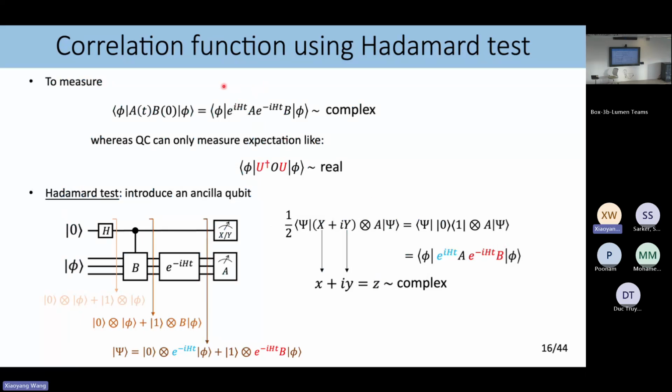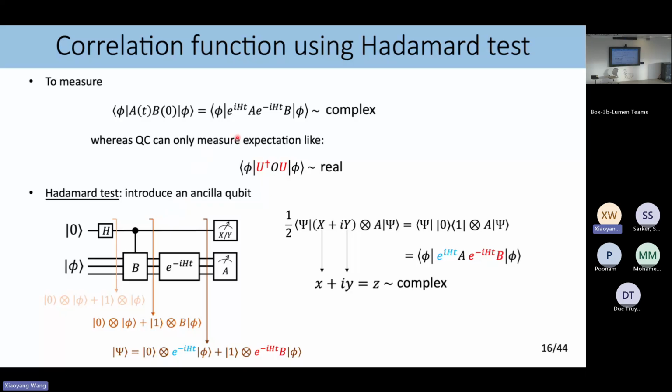And then we introduce the measurement method. If we want to measure this two-time correlation function on a quantum computer, we usually use the Hadamard test method. We note that this two-time correlation function is a complex number. However, the quantum computer can only measure expectation values, which are real numbers. So the Hadamard test method